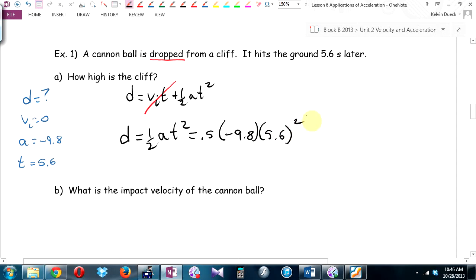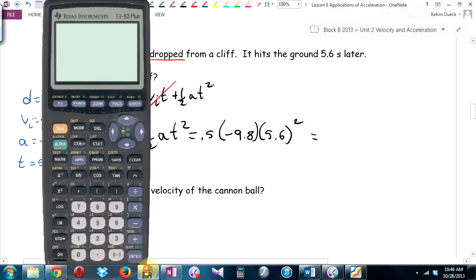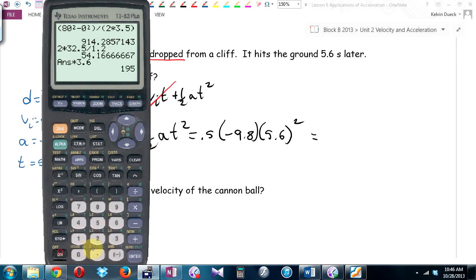Olivia, my angel. Yes? What do you get? Do you get a negative answer? Why? This is the universe saying, hey, did you end up above or below from where you started? Below. It's saying, I'm giving you the displacement. You ended up below from where you started. It fell negative